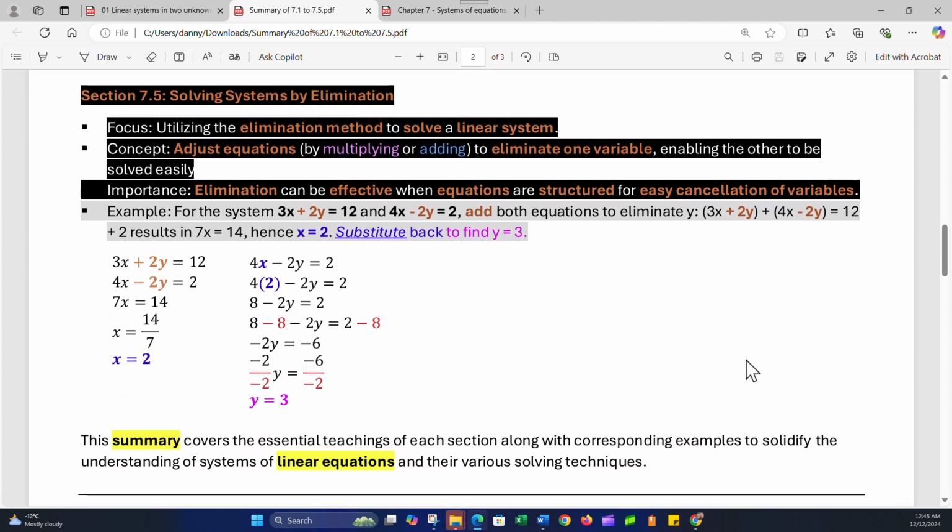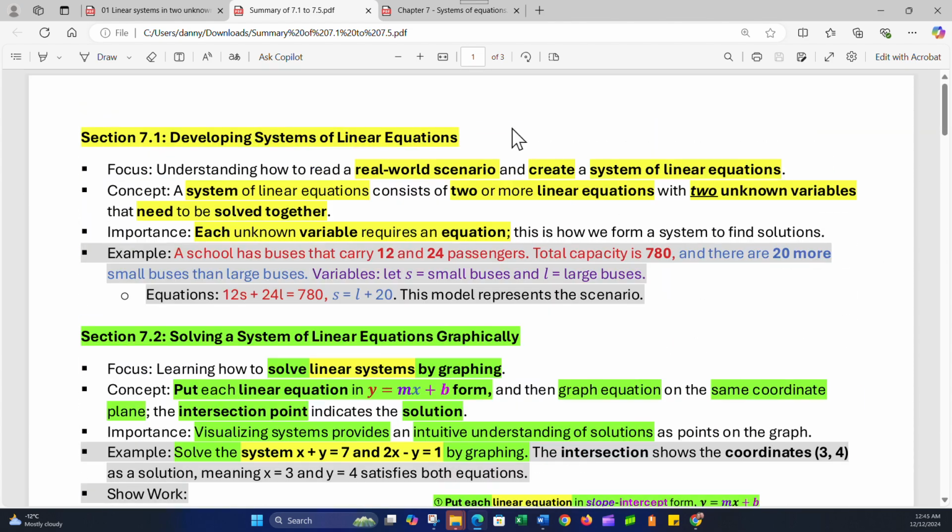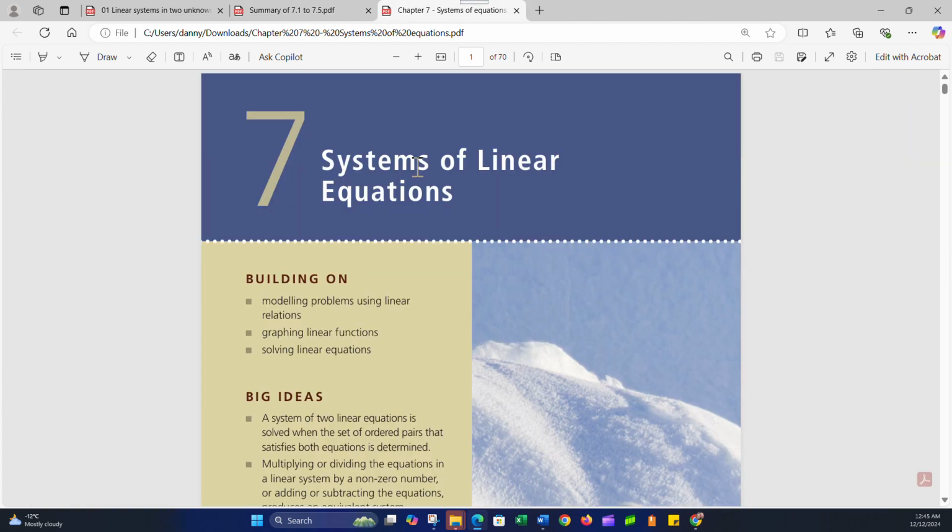So what did this summary cover? This summary covers the essential teachings of each section along with corresponding examples to solidify the understanding of linear equations and their solving techniques. So that's the aim of this. We've gone through this all, Emma, in this chapter. Again,